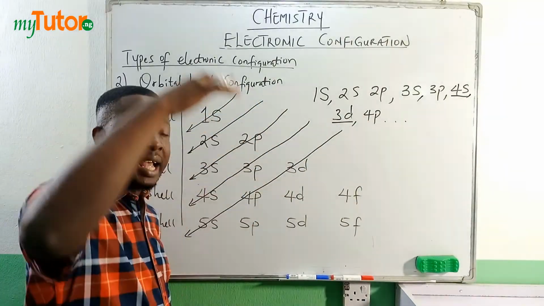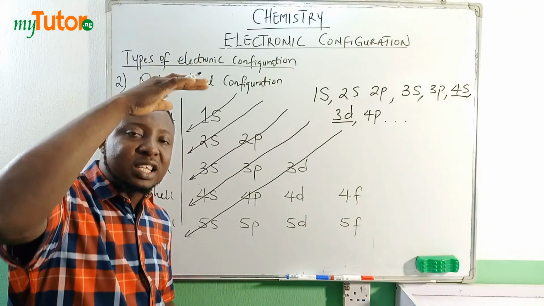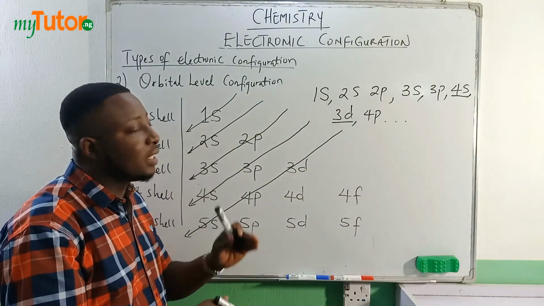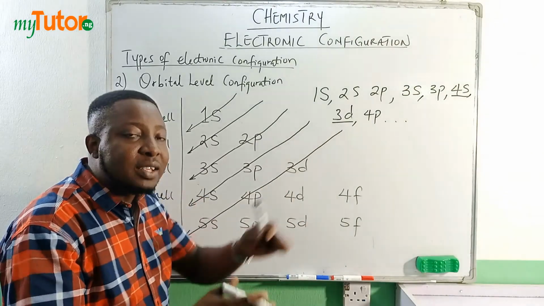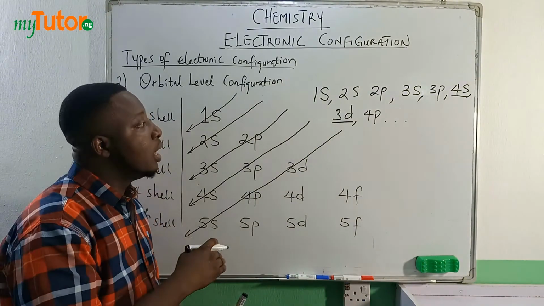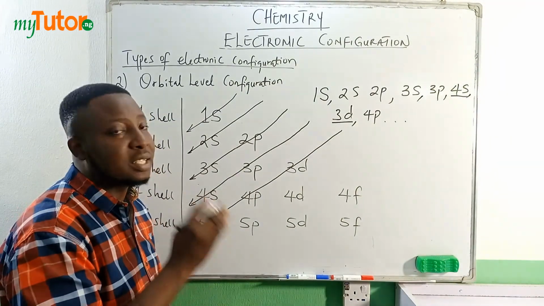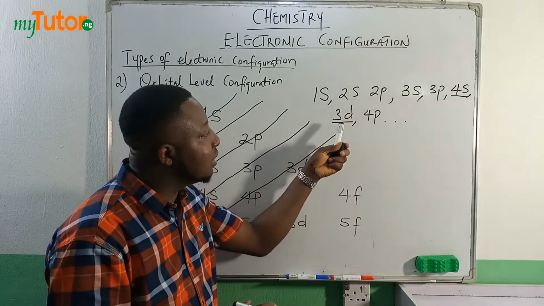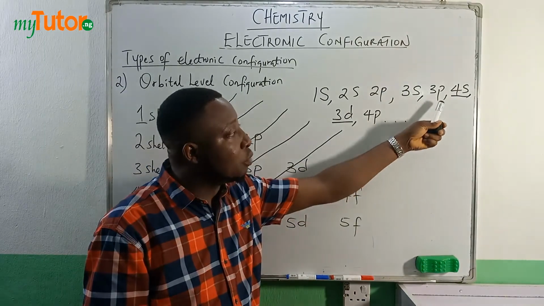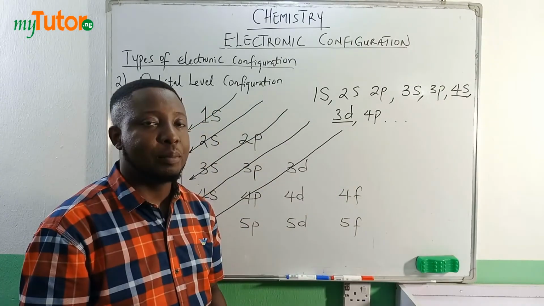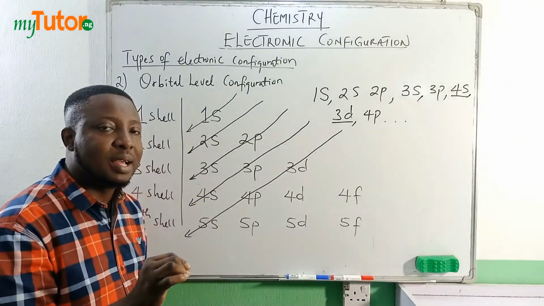4s is of higher energy, but it has a low energy, and that is why it comes before the 3d orbital. The 3d orbital has a higher energy, so that is what we call energy crossing. And we must make sure that when writing out the orbital configuration, we do not make the mistake of writing the 3d orbital after we have written 3p. The 4s comes before the 3d orbital. So with this arrangement, we can now write